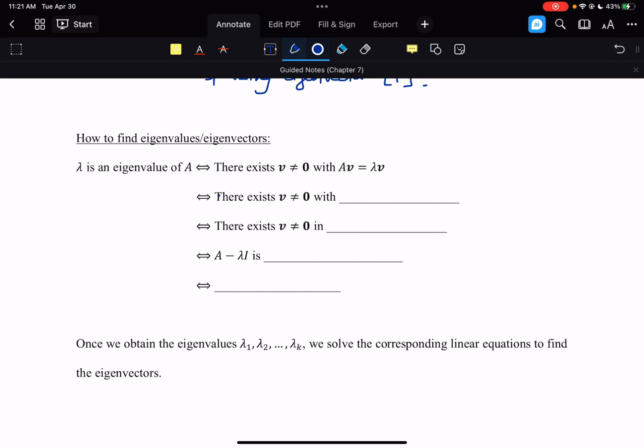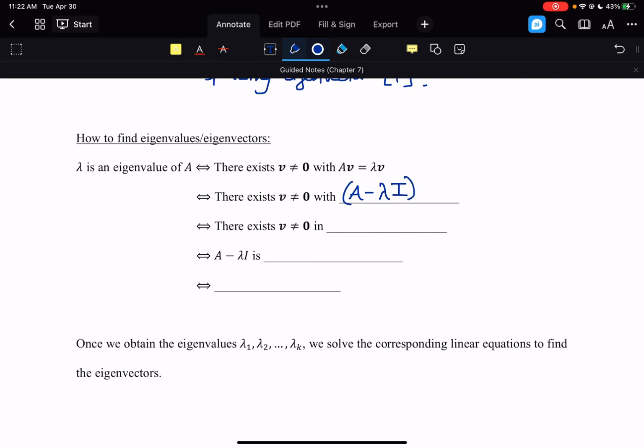Now, we're going to go down the list of equivalencies here. So we know that if there exists a non-zero vector v with Av equals lambda v, we can go ahead and subtract this term over here, and then we can factor out that common vector of v. So what we would have left is A, not just minus lambda, but it would be A minus lambda I,